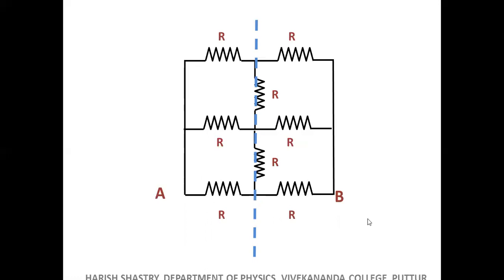I can shift this A here. I can shift B here. I can bring B from here, here, here, anywhere. It is one and the same, because all these are connected by a single wire. Here, single wire. So put a mirror here, then you will get the mirror image on the other side.